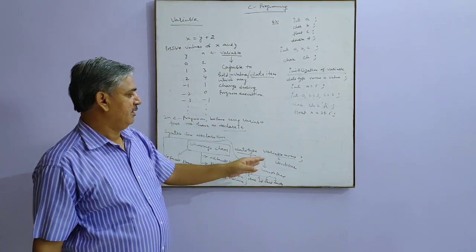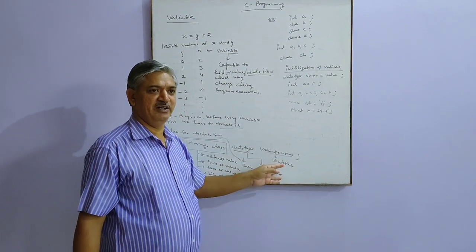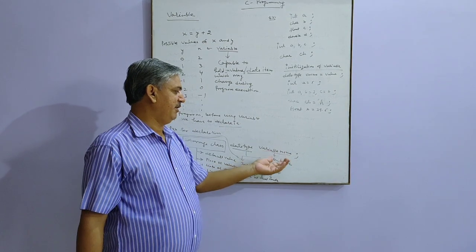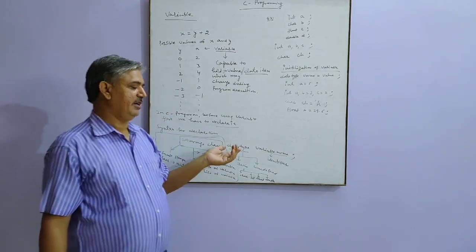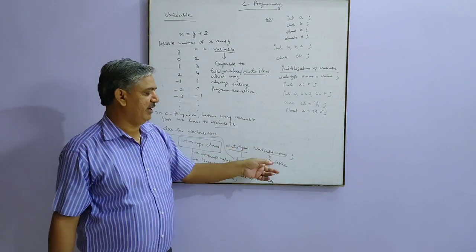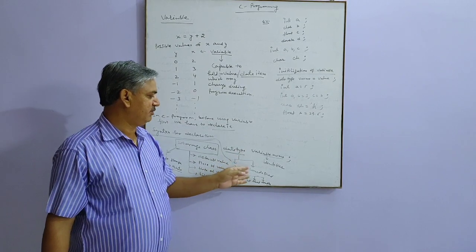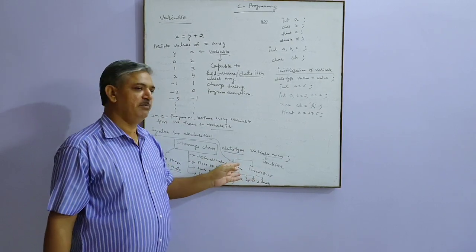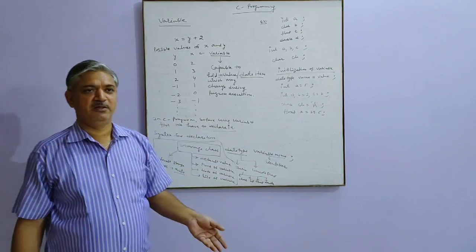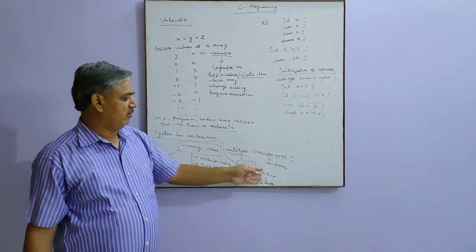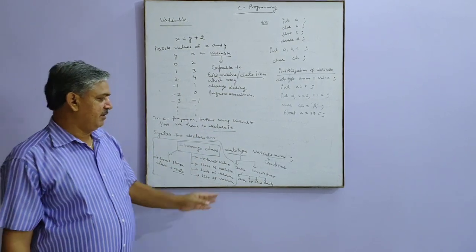Okay. So what is a variable name? A variable name is an identifier. The name of a variable is an identifier, so a variable name follows the rules of the identifier. And now the data type. This data type indicates how much space is required for this particular variable. In C, there are two types of data types: one is the basic or primary data type, and the second is the user defined data types. This part we will also discuss in a separate class.